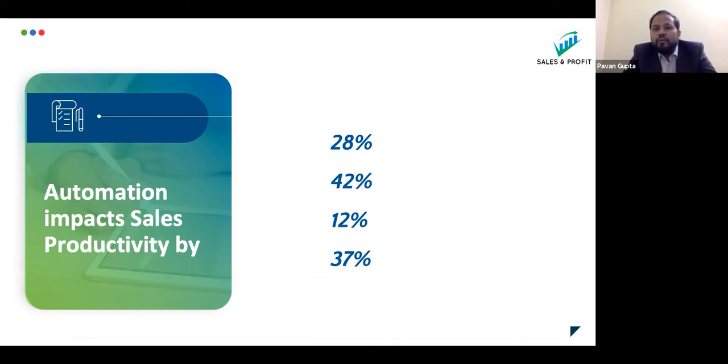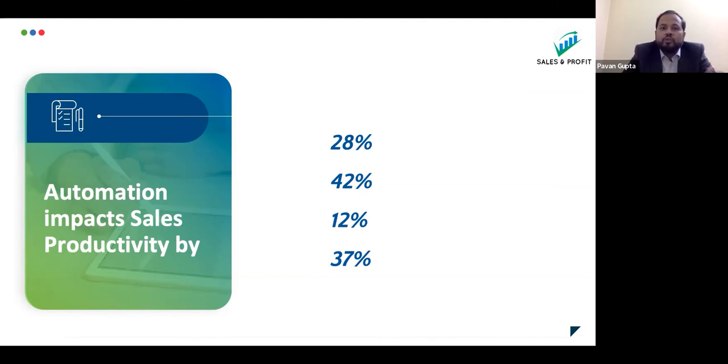Now that tells you why effectiveness becomes really important in the equation when we said efficiency plus effectiveness is equal to sales productivity. Because the presumed assumption is that efficiency is going to drive a larger part of productivity, while it only contributes just 12%. 12% in some scenarios might not be a small number, but still,